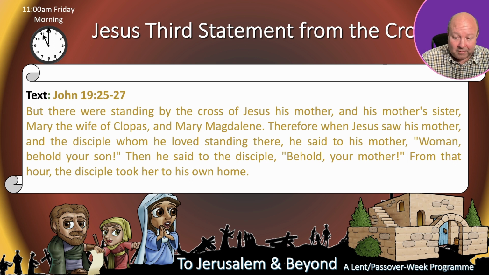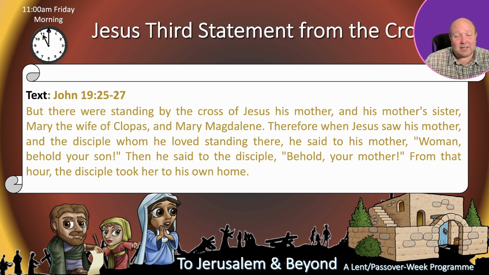Because Jesus, even before his public ministry had started, we read about how he and his mother and his brothers had all stayed for a while in Capernaum. And the people they know are probably James and John in that context. So there's a bit of a relationship there. And that's interesting because we'll notice that Salome disappears from the narrative at the cross at this point. So she's there at the moment. Mary, the wife of Clopas, and Mary Magdalene, his mother's sister. So his mother's sister, which could be Salome,